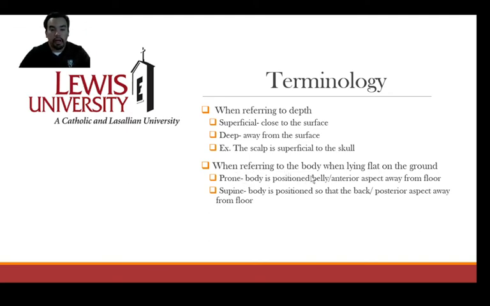When referring to the body lying flat on the ground, so if I was lying on a table or a bed, prone would be the body positioned with the belly anterior away from the floor. So I'm lying on my back pretty much. So I apologize. My belly is on the ground. That's actually wrong. I have that listed wrong. So prone, lying prone on my belly on the ground, is how that goes. My belly is close to the ground. Supine is when I'm positioned so that my back is away from the floor, but